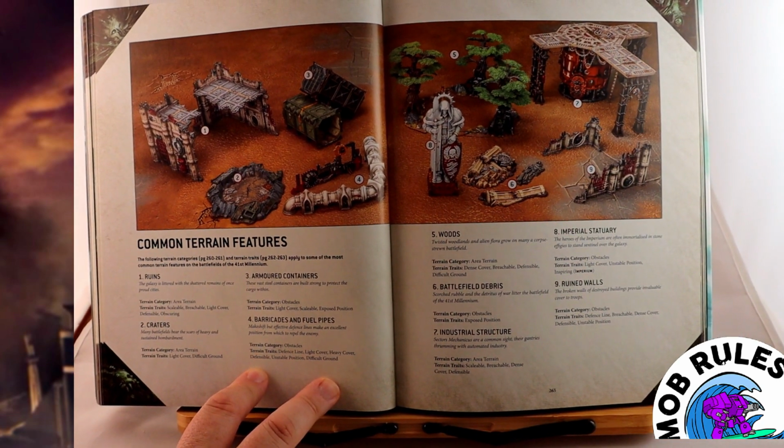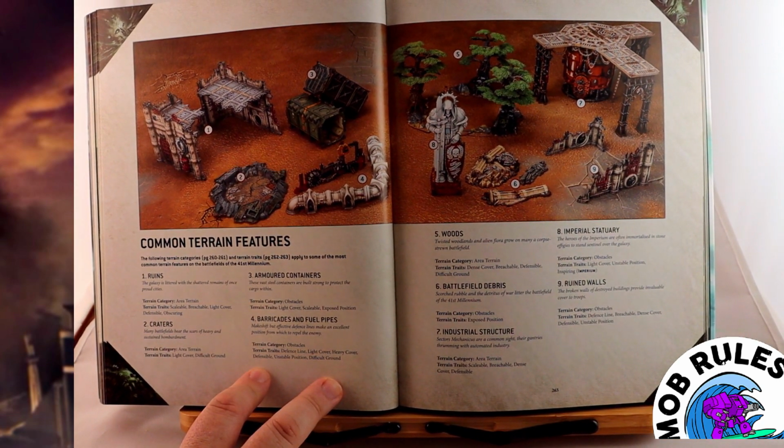Whereas breachable means you can move through the walls. Light cover means that you'll get a +1 bonus to your save from shooting attacks while you're within it or on it. And defensible means that you can choose whether or not you want to hold the line, or